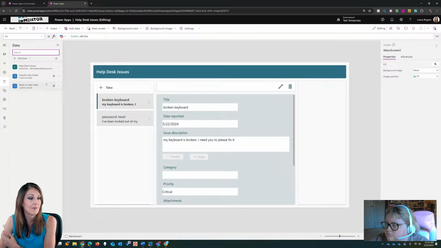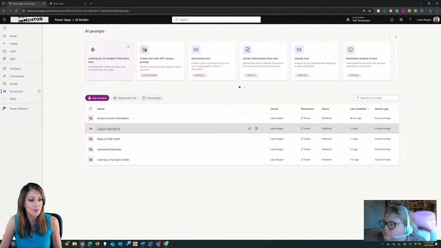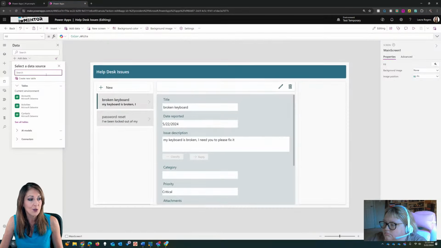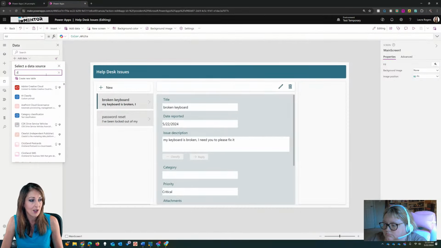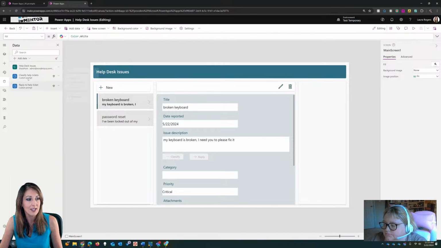I'll do a new one. So I've got classify help tickets. I've added this here. So when you go to add data, I named my prompt classify help tickets, so all I had to do was type classify help tickets. See, it's going to have that little AI icon, and that's how you add your data source. So that's how you can refer to it. And then again, they've got the little diamond next to it. So I quickly whipped up this very ugly help desk app,